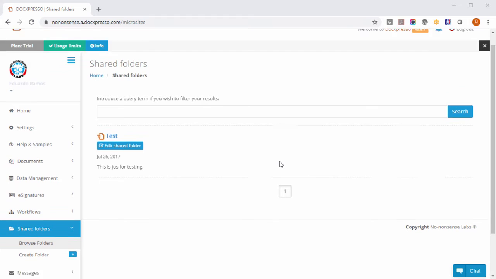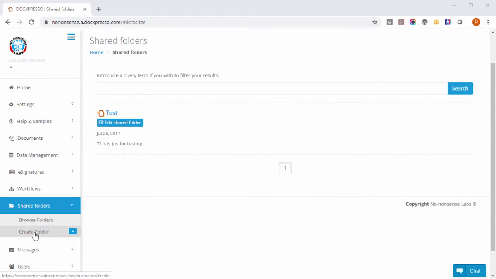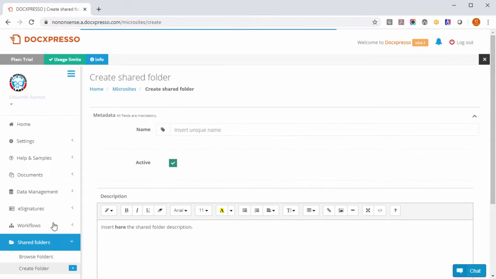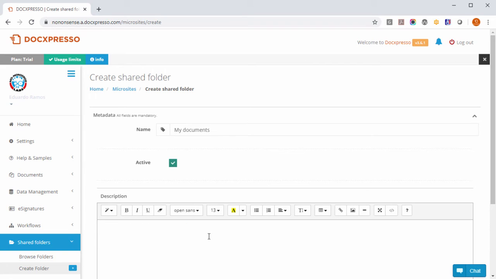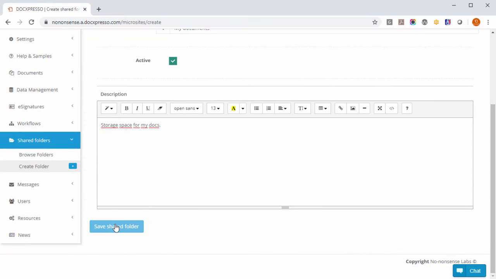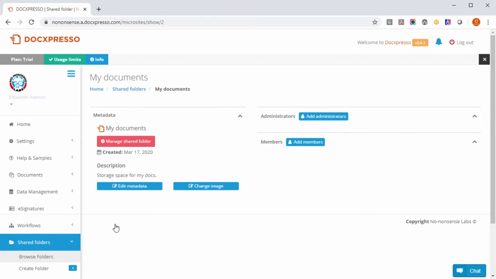The first thing that you have to do is to create a share folder. I will go here, click on create folder. I will call it my documents. Okay, and I am going to just write down here some description. Storage space for my docs. We just save. Okay, and we can add members to these share folders so people can use them, administrators, but